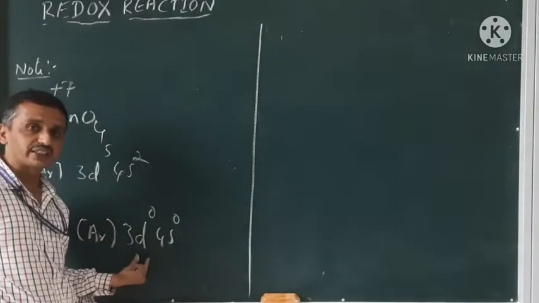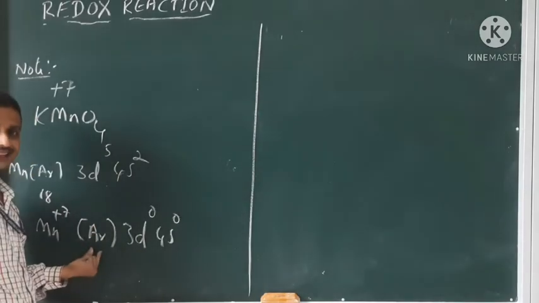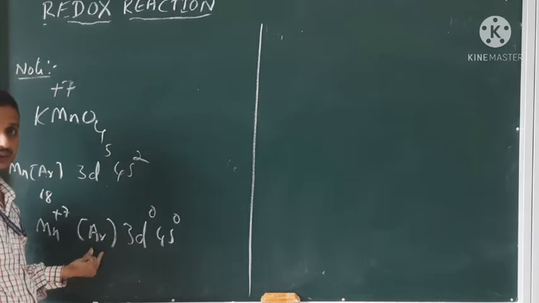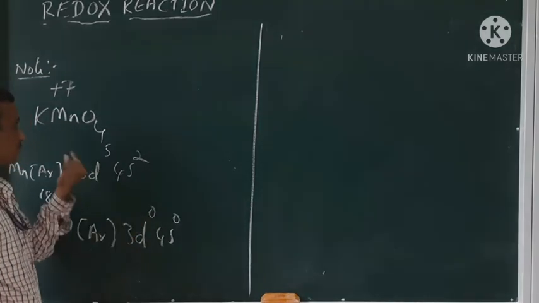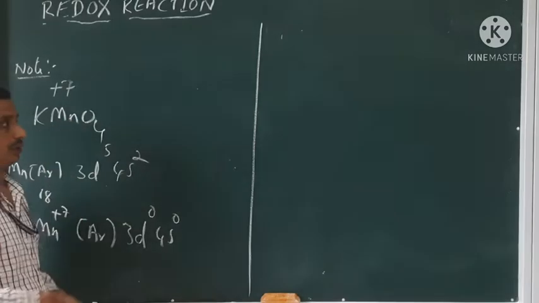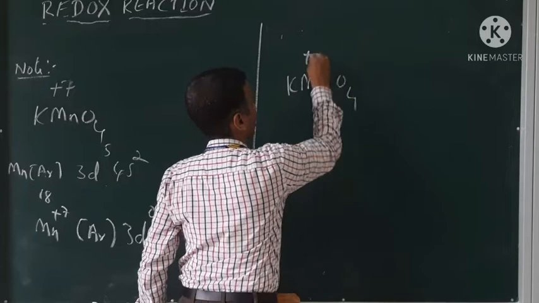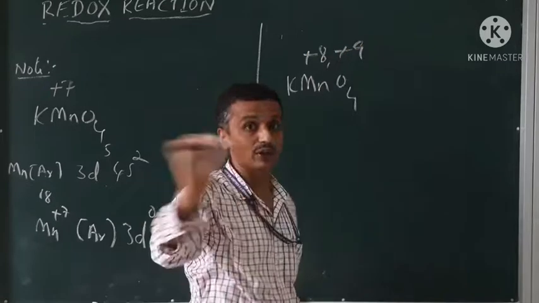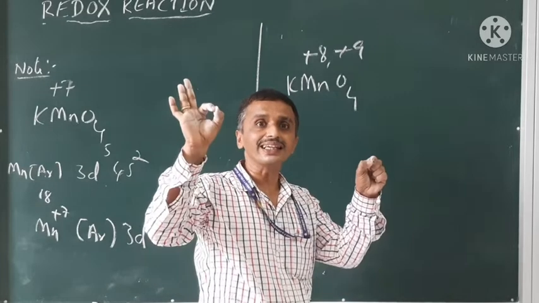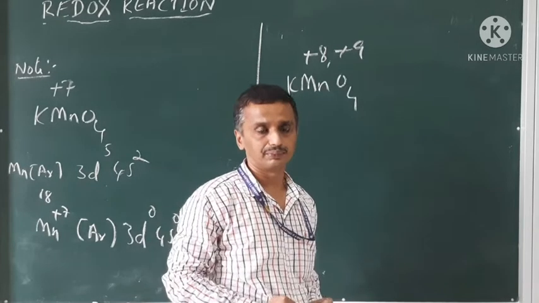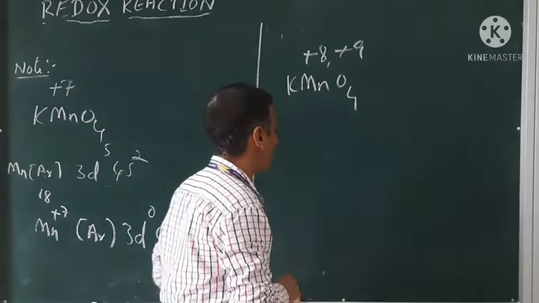When these 7 electrons are lost from the Mn, it attains a noble gas configuration, which is a stable configuration. Further electron loss is not possible for KMnO4. Mn in KMnO4 cannot go to +8, +9 state, etc. Cannot. If it cannot increase the oxidation number, it always acts only as an oxidizing agent.